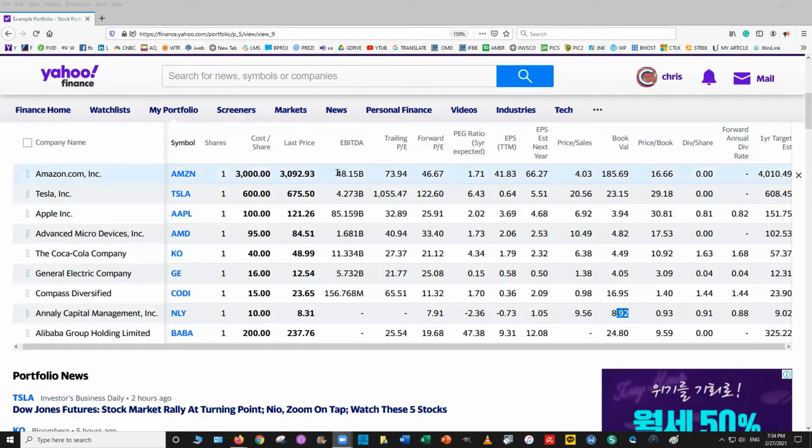And you see there that Amazon made $48.15 billion in 1 year. Now, Tesla's only at 4. Look at Apple, $85 billion. That's a lot of money. Now, obviously, if they did their taxes right and they did other things right, they might be able to keep more of that. So you might want to look at that. It just shows how much money they're basically making and how big they are.